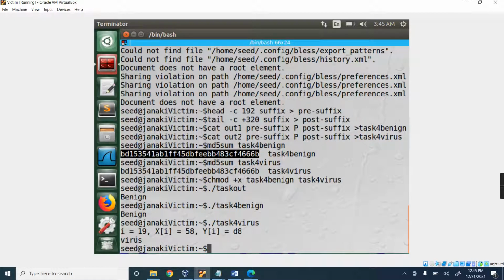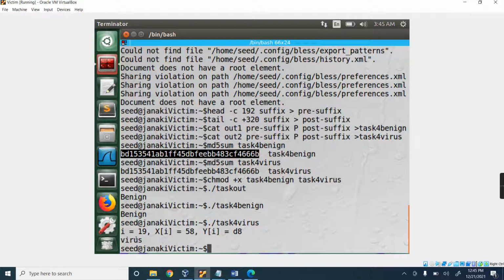Then finally the executable file will behave differently due to binary file modification, right? But the MD5 sum value will never change because of the concatenation property, right?